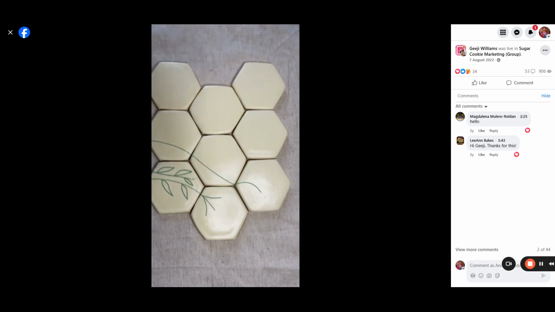Magdalena says, what type of consistency do you use? 20 or 25 seconds? I use toothpaste consistency for my detailed lines. So I'm not sure whether or not that would be 20 or 25 seconds, but it's kind of a little bit stiffer than soft serve. So it's kind of between soft serve and toothpaste, and it gives you a nice consistency for detailing,